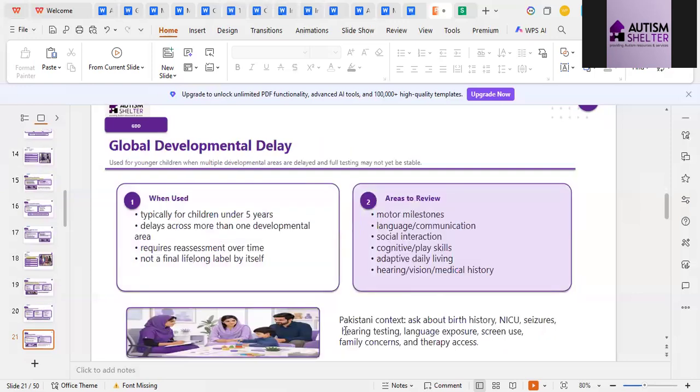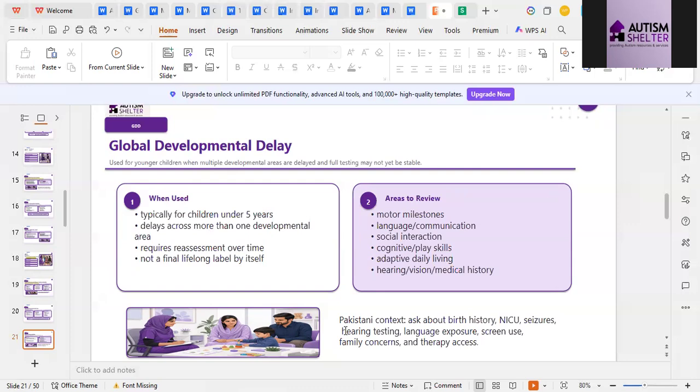And let's go for global developmental delay, and that's very, very important. There are not too many cases, but there are some cases of global developmental delay. So you have to look at the difference between global developmental delay, ID, ADHD, and autism. You have to look at each and everything. At first it will confuse you a little bit, but you have to look at the videos, so you will get the idea. Okay,